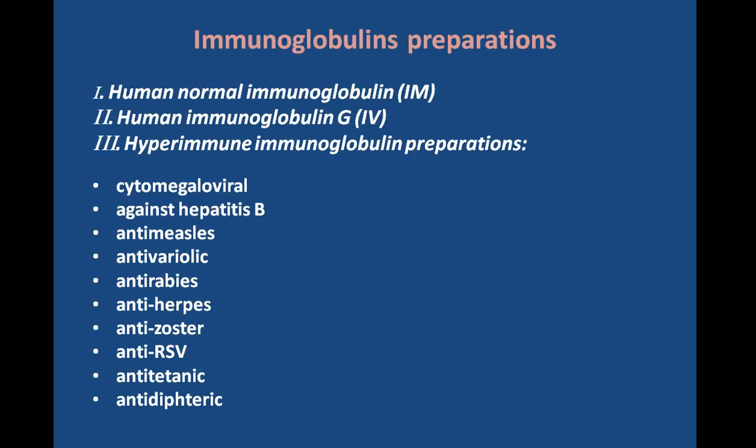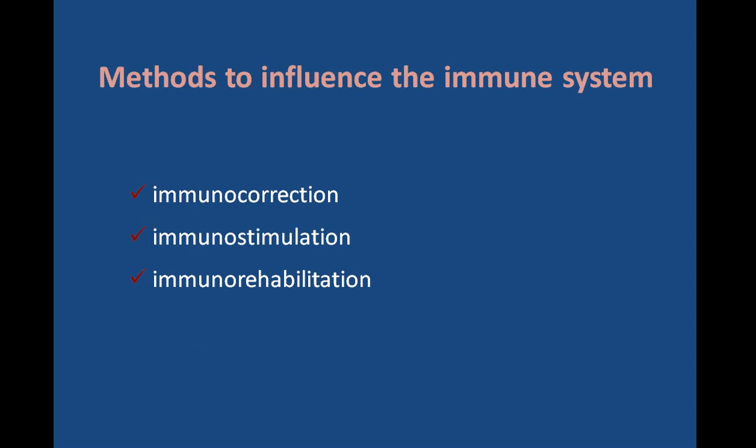There are a lot of immunoglobulin preparations: human normal immunoglobulin, human immunoglobulin G, and hyperimmune immunoglobulin preparations, and methods to influence the immune system. You must know that there can be immunocorrection, immunostimulation, and